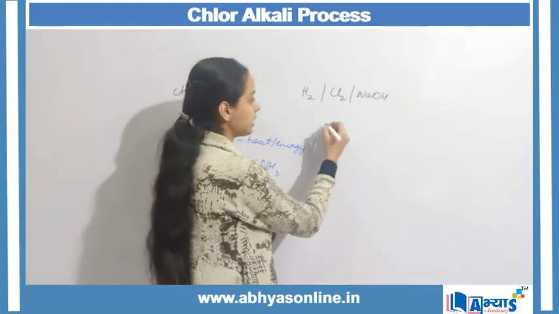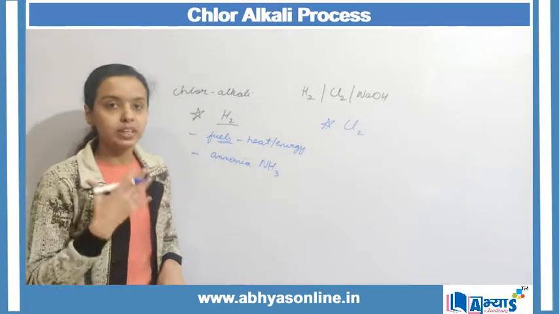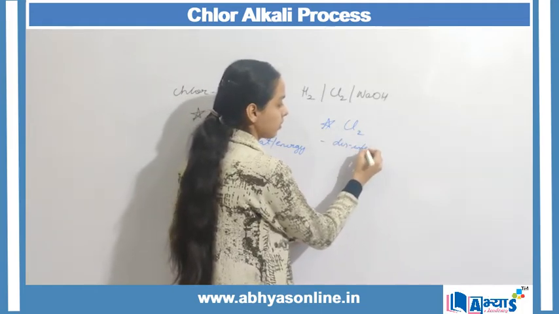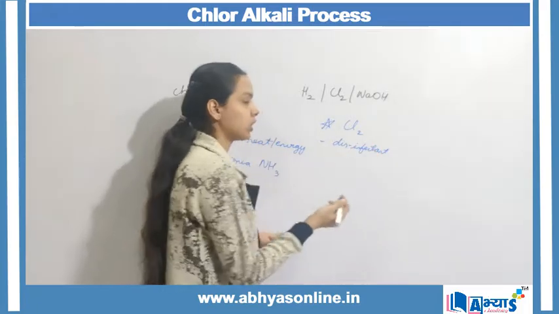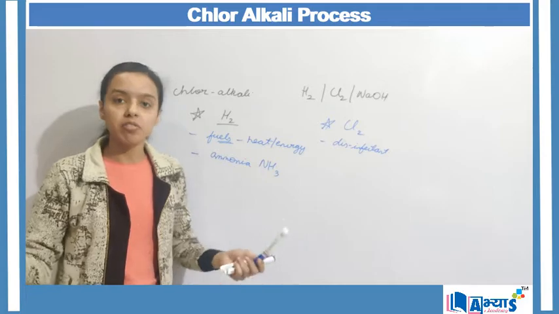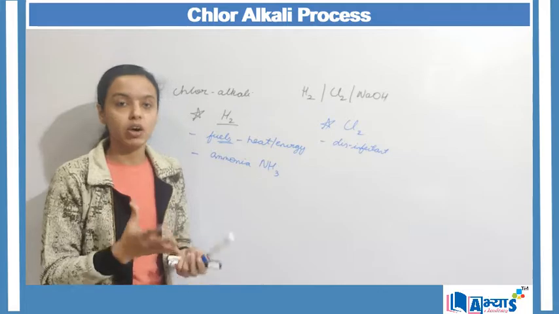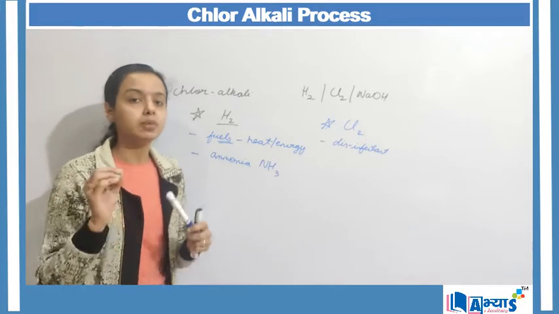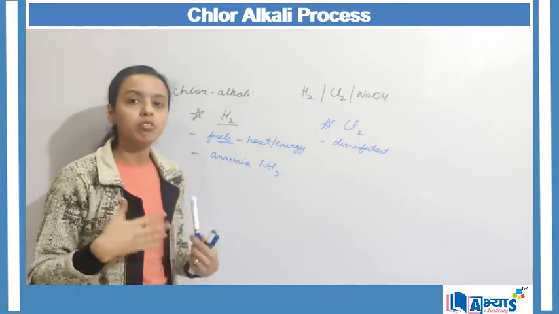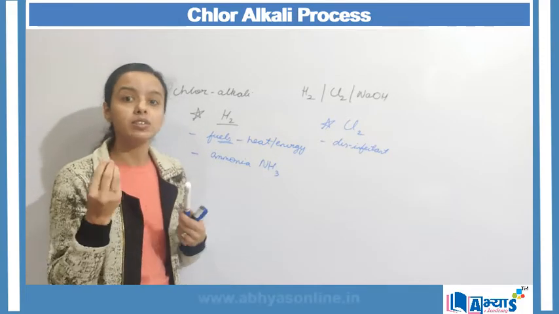Now next we will discuss the uses of chlorine. When we talk about chlorine gas, the best use is as a disinfectant. When we have drinking water, or water in a swimming pool, or in any other vessel, if there are certain microorganisms or bacteria or other harmful substances, they can be killed with the help of chlorine gas. So it is useful as a disinfectant to destroy the germs and bacteria present in water.